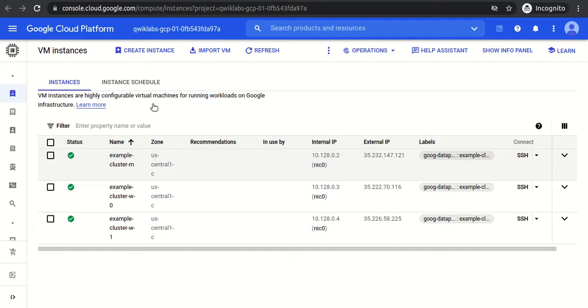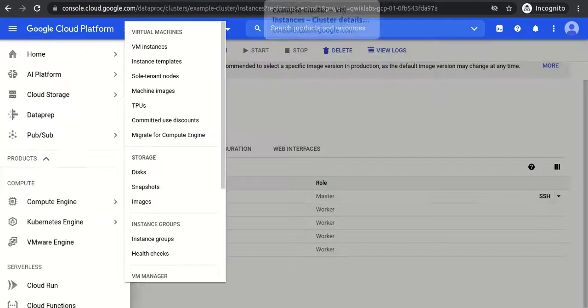Here we can see the same virtual machines.